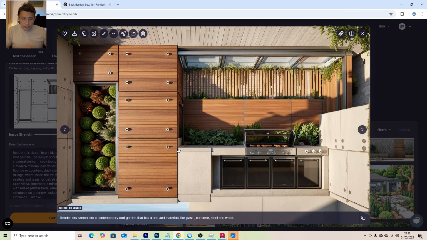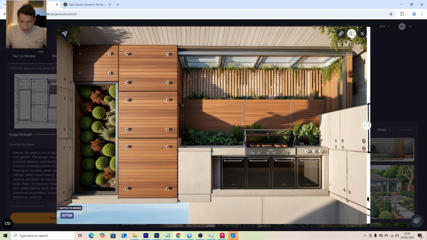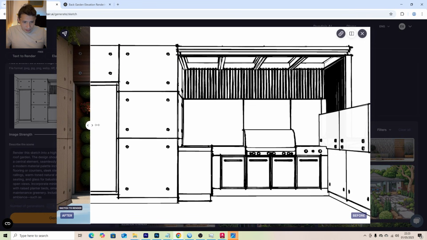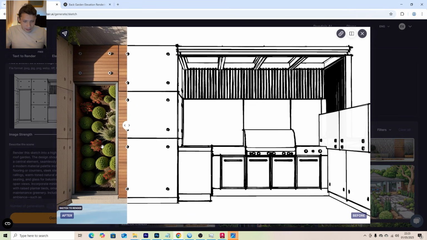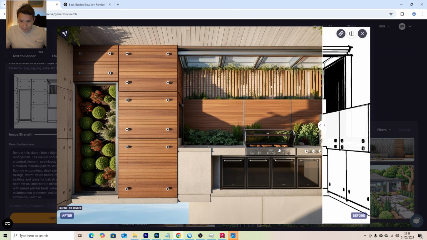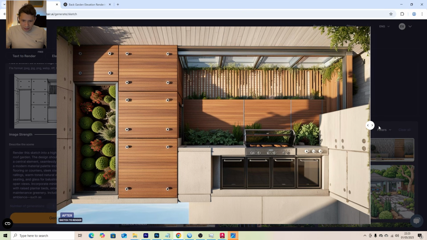So this is our first result. I don't think it's quite spectacular. I think it's alright, but it has made some really weird stuff here. It feels like the door, vegetation door. I kind of like the burgers here on the barbecue, but it doesn't seem realistic to have planting behind. So I think this one will need